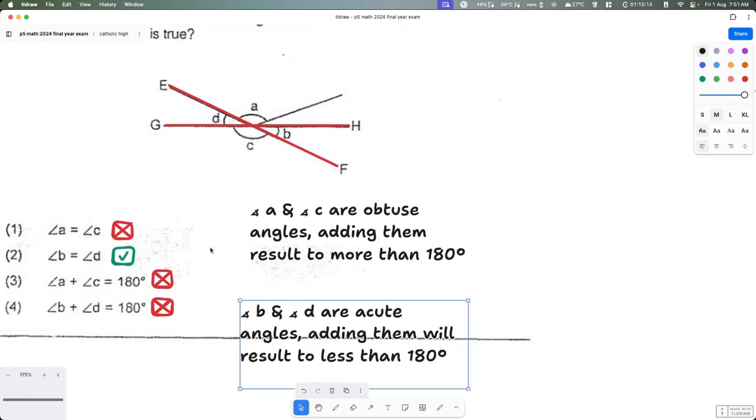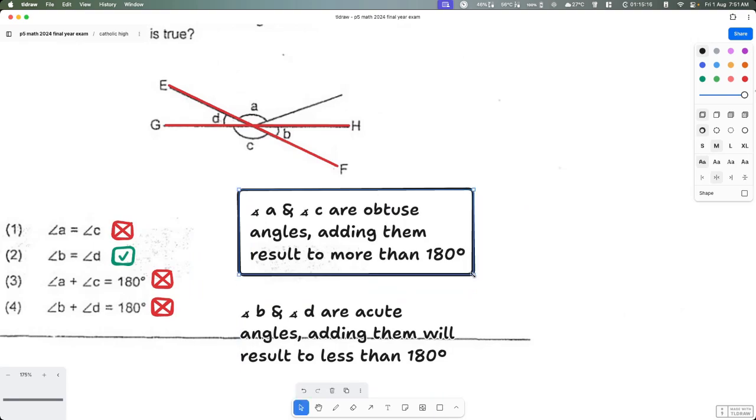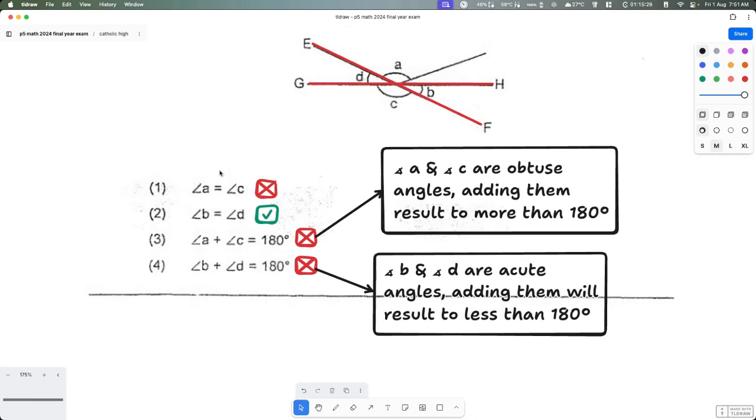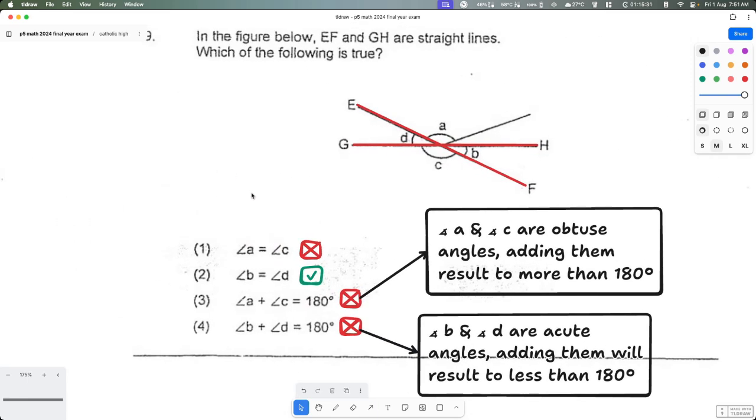In this case, I'm going to put a rectangle over here, and another rectangle over here, and I'm going to put an arrow. So for this, the reason is here. This one, the reason is here. All right, great. And then lastly, A and C are not equal because in this case,